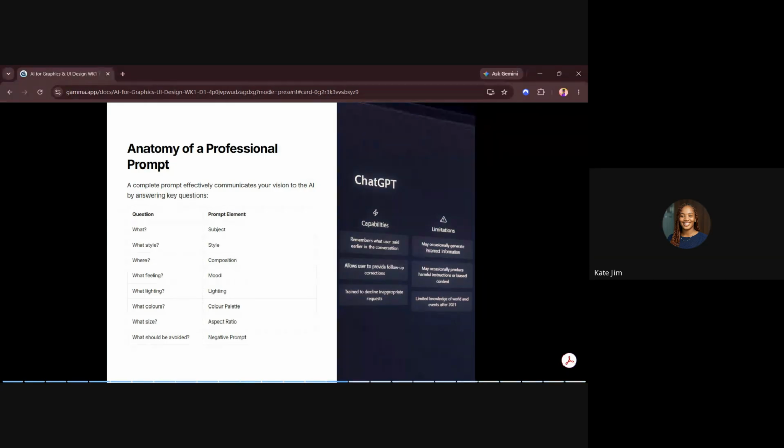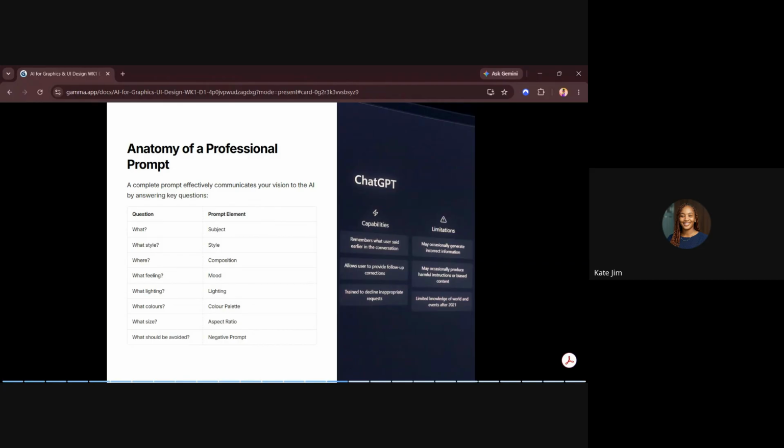Then we have things like aspect ratio, which is a general one. If you're creating something for Instagram, of course, you know that you go with the standard sizes. It could be 1080 by 1350 or 1080 by 1080, depending on the ratio that you want. It's always helpful. Sometimes AI will just give you something that you can't post on Instagram. It will either give you an A4 measurement or something even less. And then at the end of the day, you keep using your prompts just to repair the aspect ratio, and your design can even get distorted in the process. So this is the anatomy of a professional prompt.